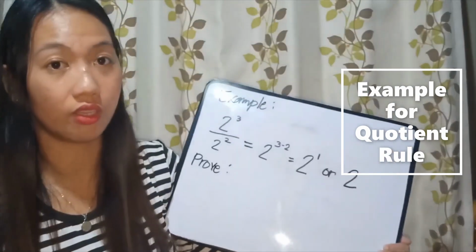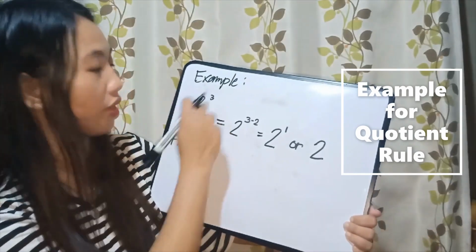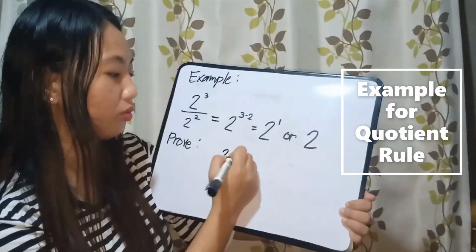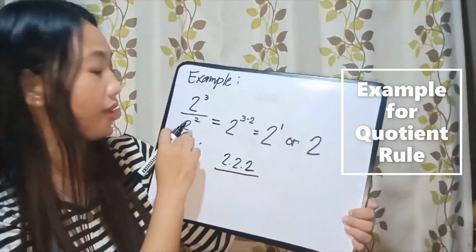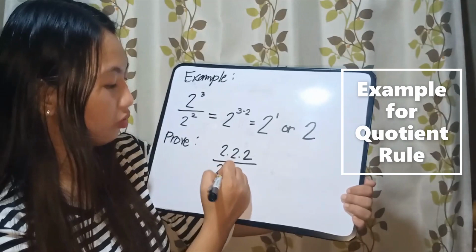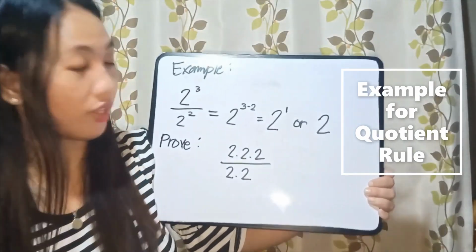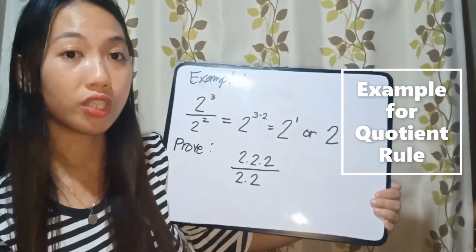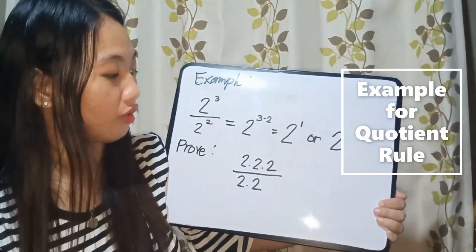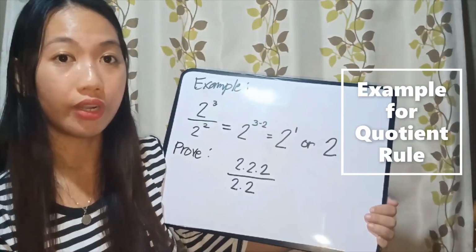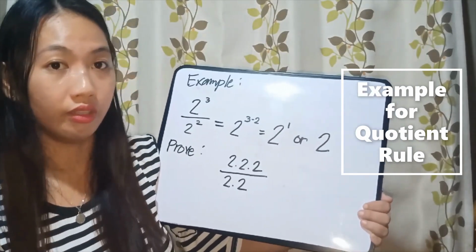let's use again the extraction. So for the numerator, 2 raised to 3 means we're going to multiply 2 by 3 times. For the denominator, we have 2 raised to 2, so we're going to multiply 2 two times. So in here, as you can see, we can use the cancellation method. Cancellation method is the crossing out